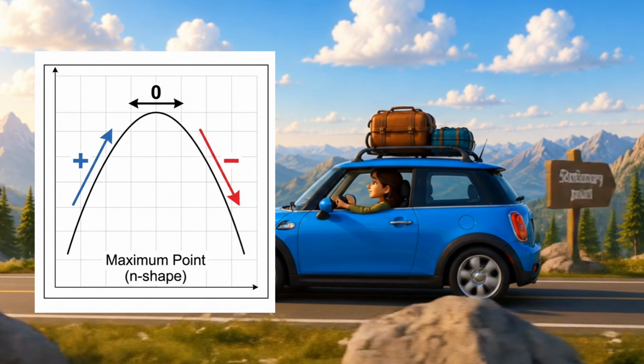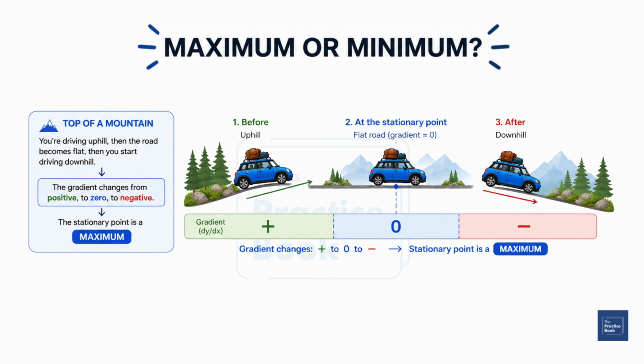How do we know whether we've reached the top of a mountain or the bottom of a valley? We look at what the road is doing just before and just after the stationary point. If you're driving uphill, then the road becomes flat, and then you start driving downhill, you've just crossed the highest point on the journey. In mathematical terms, the gradient changes from positive to 0 to negative, so the stationary point